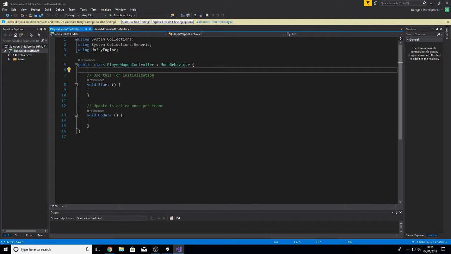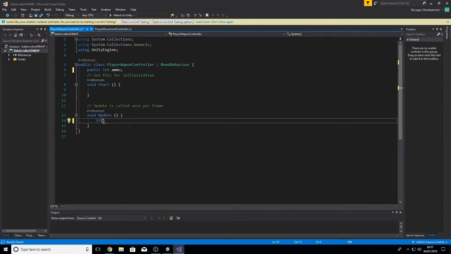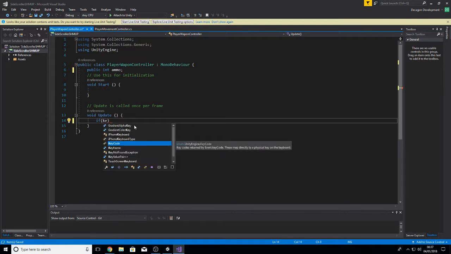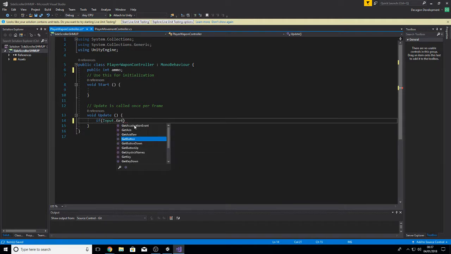A couple of things I want to do for this. I want to make a few variables. Maybe just one variable. Yeah, because it's going to be a simple case of if it's able. So I'll make it public so I can see it. Int ammo. Yeah. On update, if we press the key, so Input.GetKeyDown,